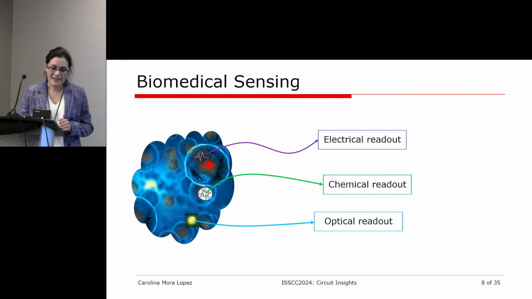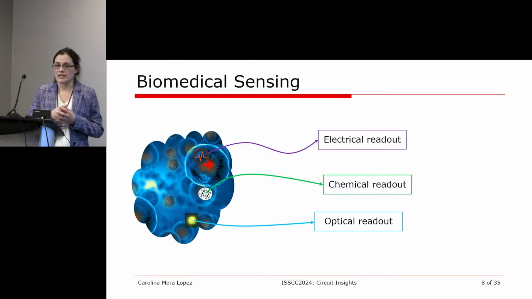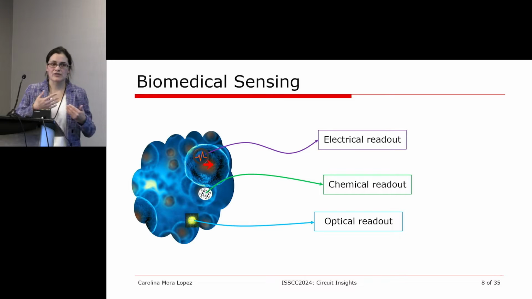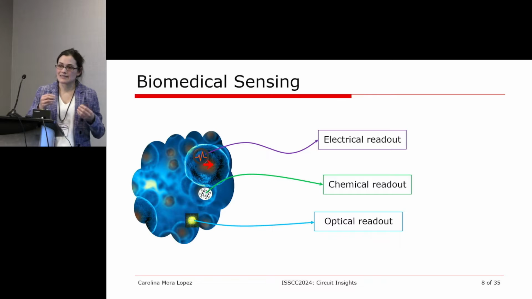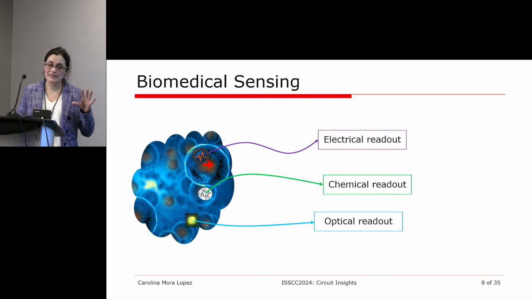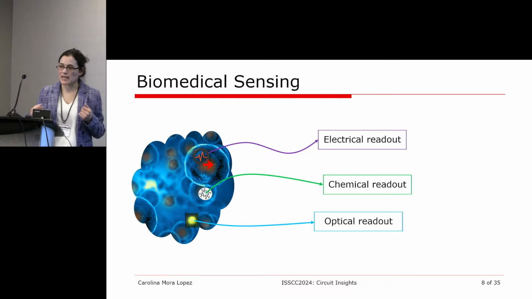In the electrical method, normally you will have metal electrodes or polymer electrodes that are in contact with the body or with biology in order to read, for example, vital parameters such as your heart rate or respiration, but you can also read specifically electrical signals that are generated